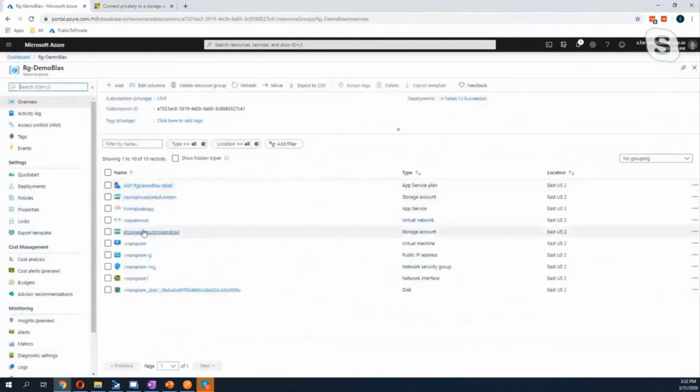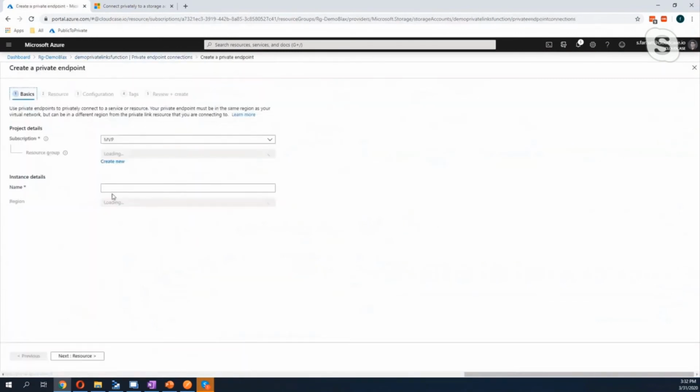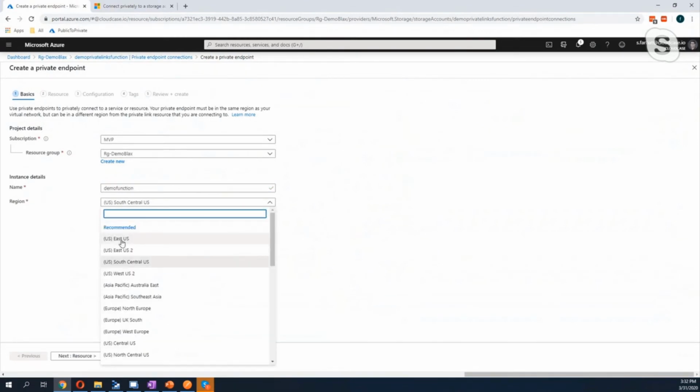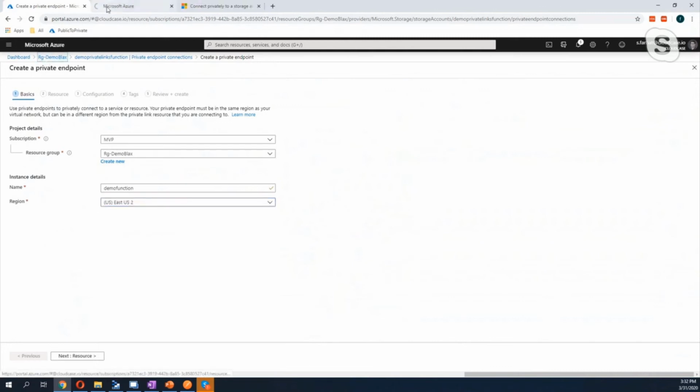So this is the storage account. I will create a private endpoint. So a private endpoint, demo function. The name of the private endpoint, this is not the name of the DNS. I think this is just to